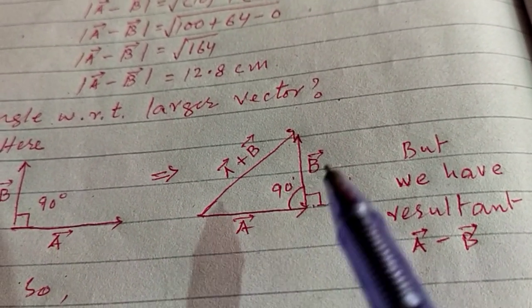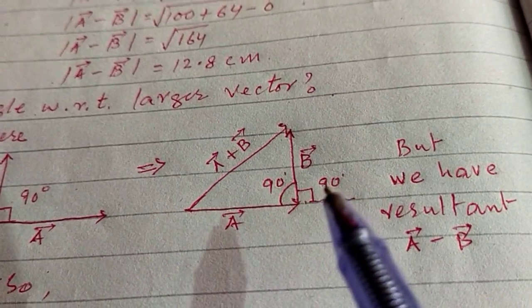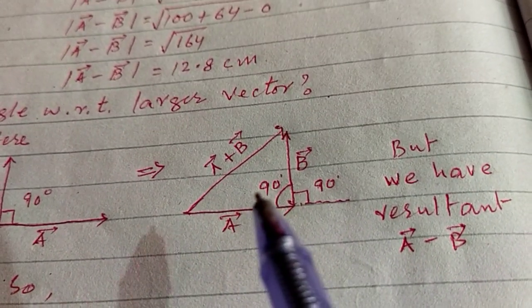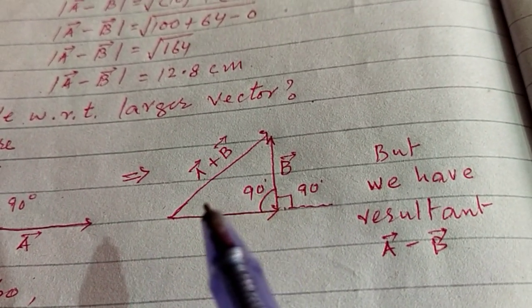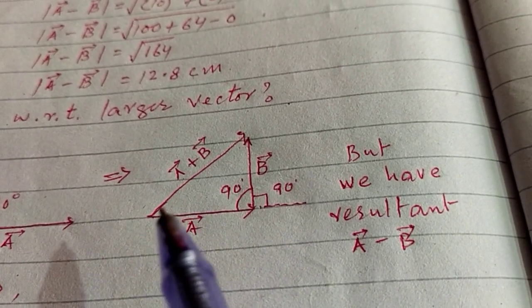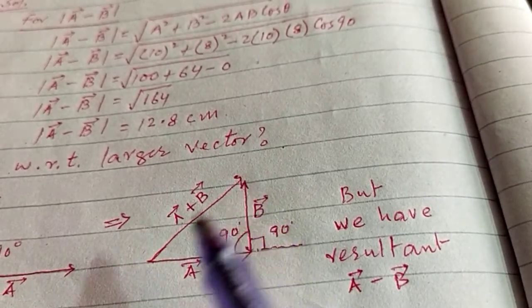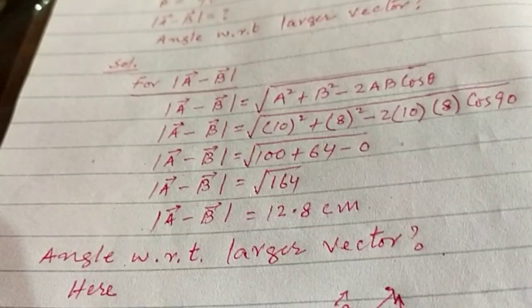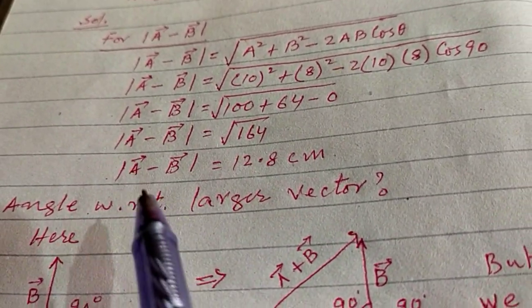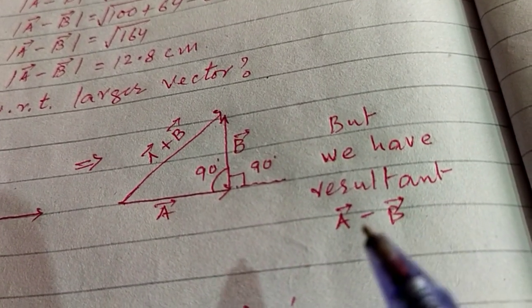This is vector a, this is vector b, which is making angle 90 degree from x-axis. If this angle is 90 degree, then this angle also becomes a 90 degree. Now you have to draw a resultant vector to join tail of first vector and the head of the last vector. This becomes a plus b. But here our resultant is a minus b, so you have to change the diagram